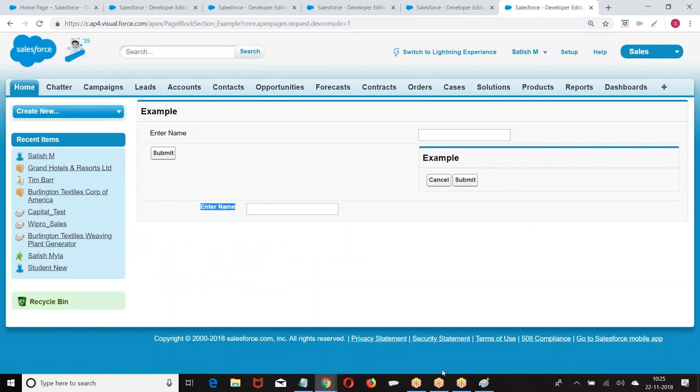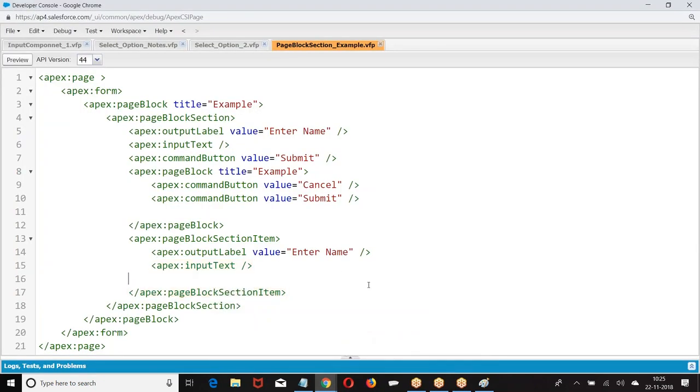The enter name output label as well as the text field is one element. You're making khichdi. This is the opening of the element, this is the closing of the element. This is one block. Whatever you write within this is a part of this element only.